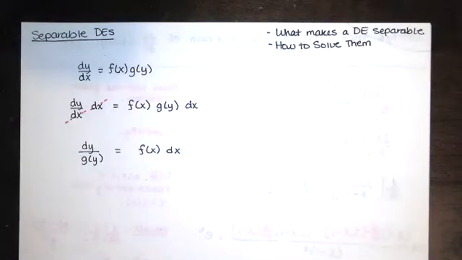This video is about solving separable differential equations. First, we'll talk about what makes a differential equation separable, and then we'll discuss how to solve them, and we'll do an example. So if a differential equation can be written like this, we've got a first order differential equation,